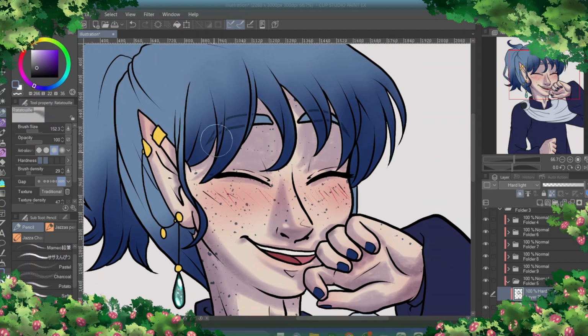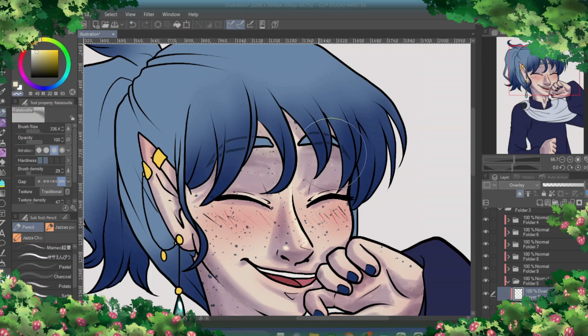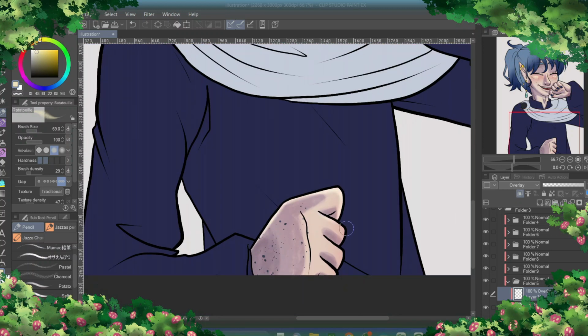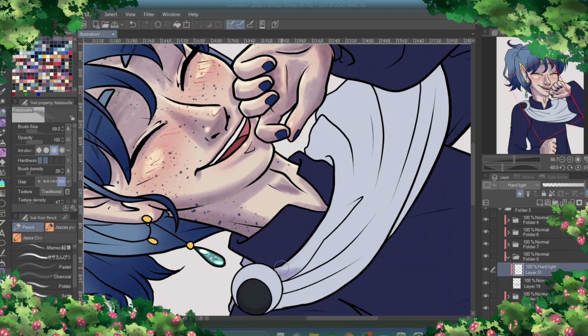I used to genuinely enjoy markers best for traditional media in regard to coloring. Sketch, lines, and then color was usually Copics. However, I watched some watercolor channels and I tried using it, and I've discovered at this point that I like it more than markers. I still enjoy using markers, but when I do traditional art, if I can, I really enjoy doing watercolor. To me at least, it's a bit more interesting, and it lets me be a bit more loose with my color work and not have to be as precise,